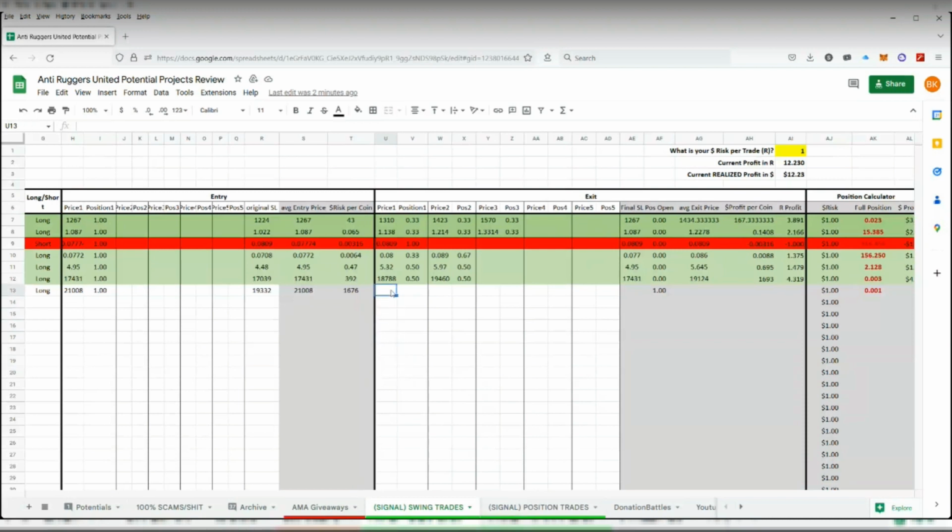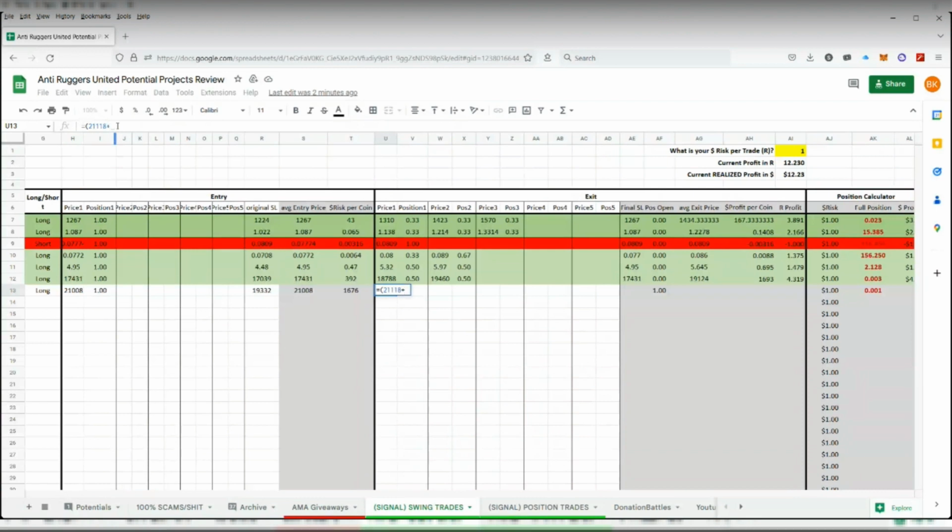So I could do this. This signal has 8 profit targets, right? So I'm actually going to put them all into price 1. I'm going to add them all up and divide by 8 to get the average price. So it's actually, let's see here,